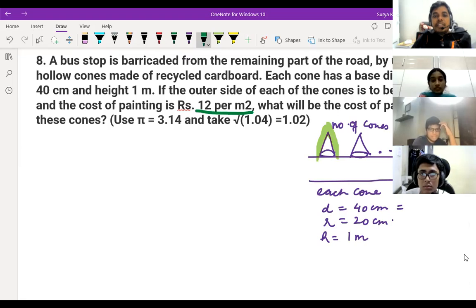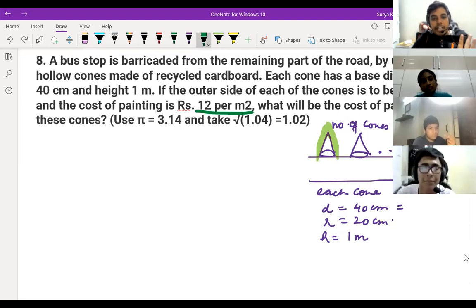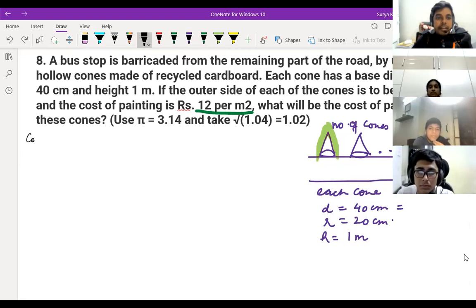See, if this is given, so very easy. 12 per meter square, multiply by 12 you should do directly. If they're given rupees 12 per 100 meter square, so divide by 100 you should do in that way only. So what will be the cost of painting all these cones? So CSA of all cones you should find, right? Or directly, if you want a one line answer, then what you do is cost of painting directly. I'm writing cost of